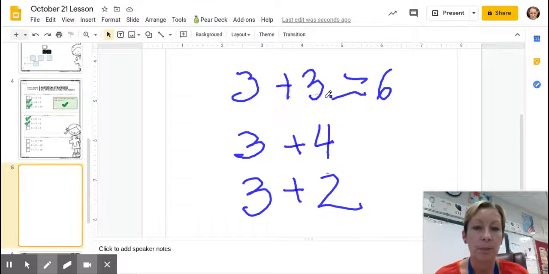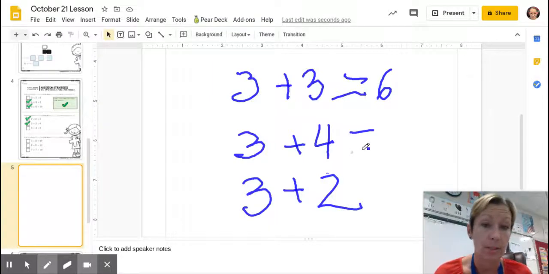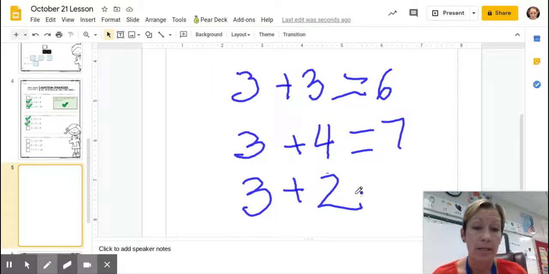Okay? So 3 plus 3 is 6. If 3 plus 3 is 6, then 3 plus 4 would just be your double plus 1. 3 plus 3 plus 1, which is 7. And this is your double, 3 plus 3 minus 1,